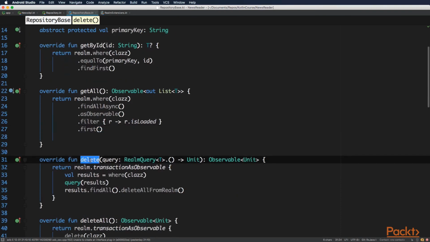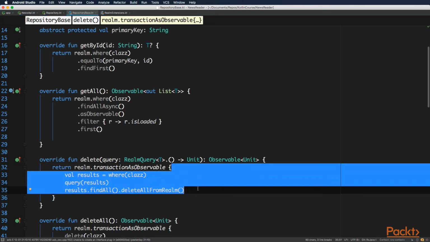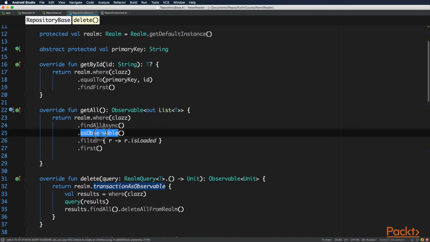And for example, in this delete method, you can see how we use the extension function we created. It accepts a receiver function as an argument. So inside this receiver function, we can execute multiple operations on Realm, and they will all be executed under a transaction and will be returned as an observable. And the rest of the class uses the same principle. It either uses the asObservable calls or uses this extension function that we created. The logic, of course, remains the same as it was in the coroutine section. And now that the lowest levels of our app use observables instead of coroutines,